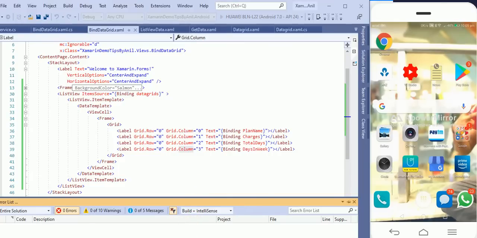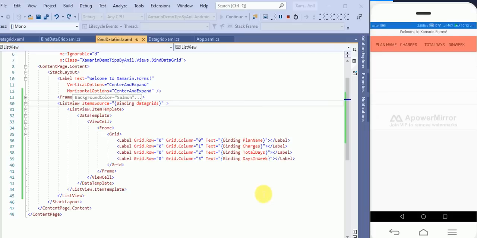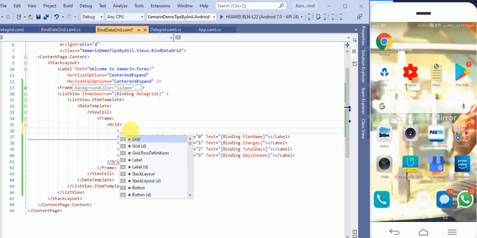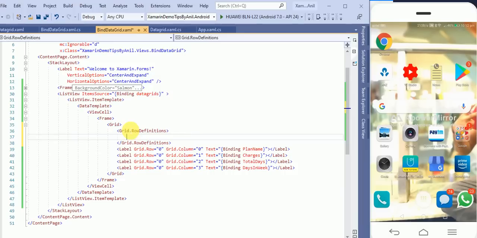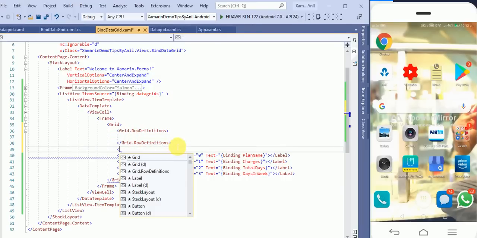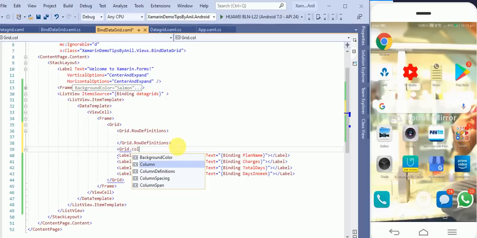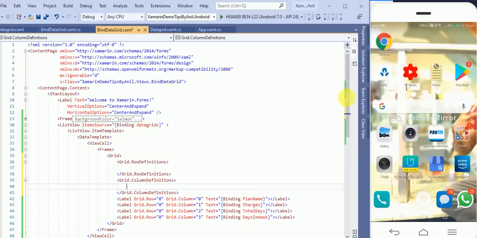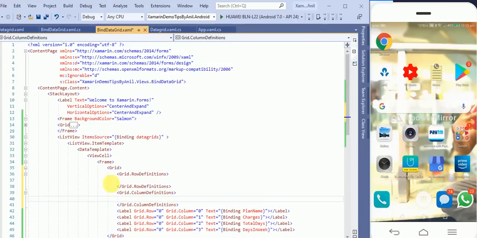It will take a few seconds to compile it, so I'm skipping the video. So here data is not bound. Let me check what happened. Oh, so here we didn't define the grid and row definition. Grid dot RowDefinitions. Okay, and Grid dot ColumnDefinitions. So in column definition again we have to define this definition over here.